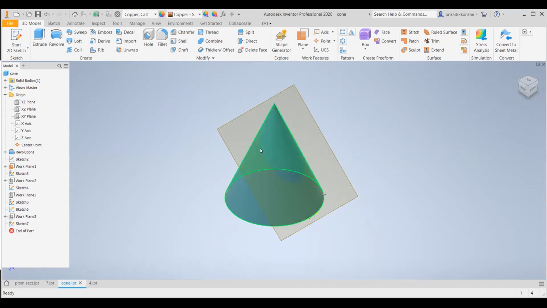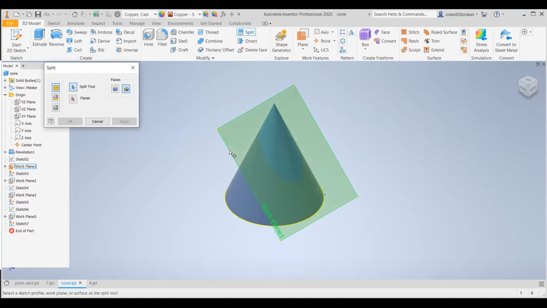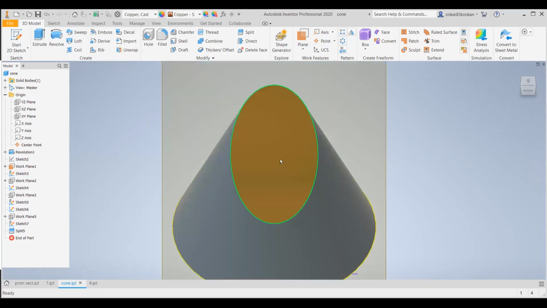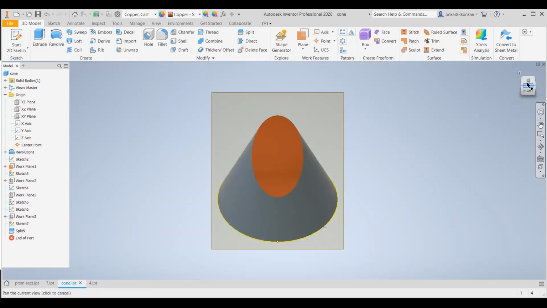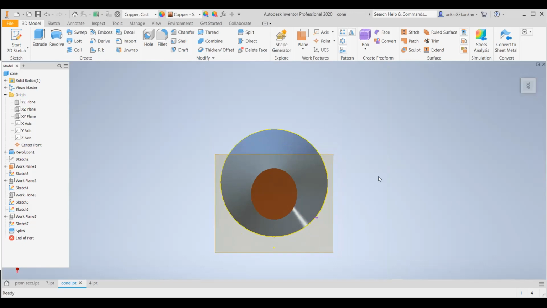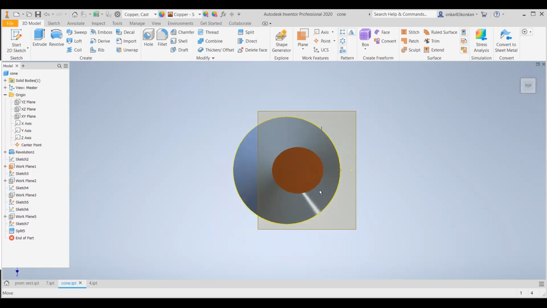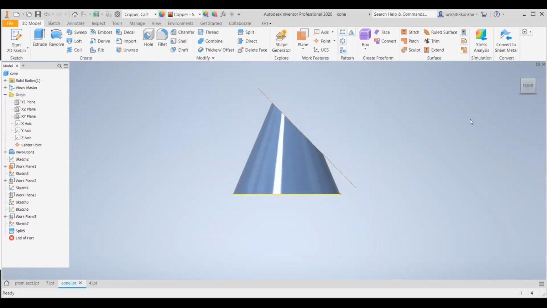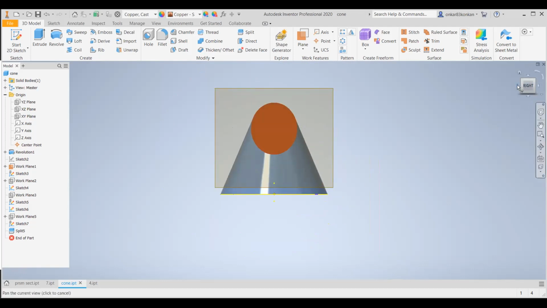If you remove this portion, that is the portion just above this section plane, then you can obtain the true shape as an ellipse. So this is the true shape. And this is the top view. And this is the front view of the section. And this is the sectional side view. We have already discussed how to draw this projection.